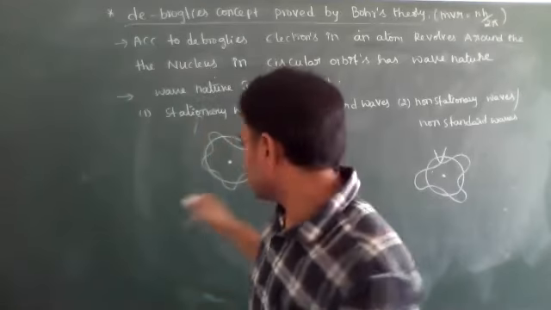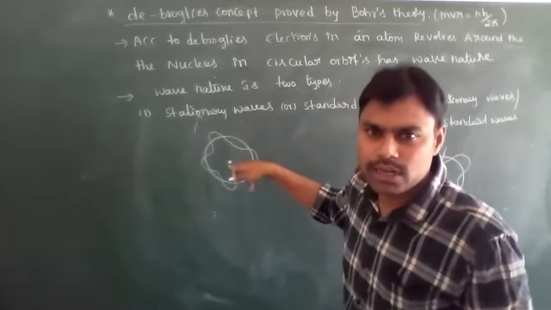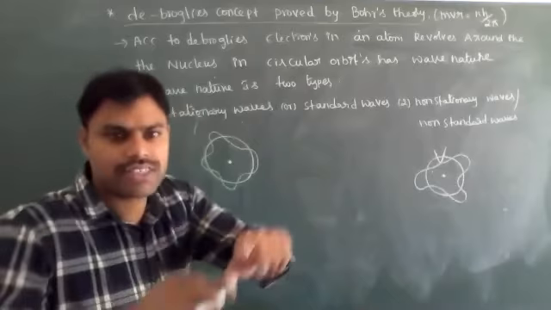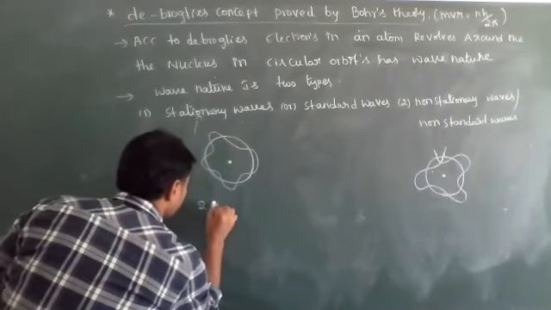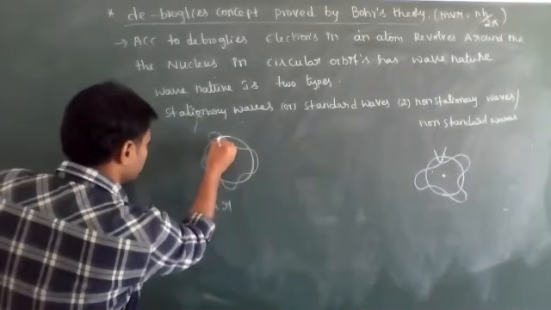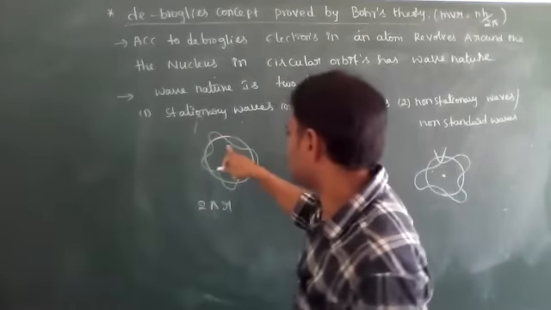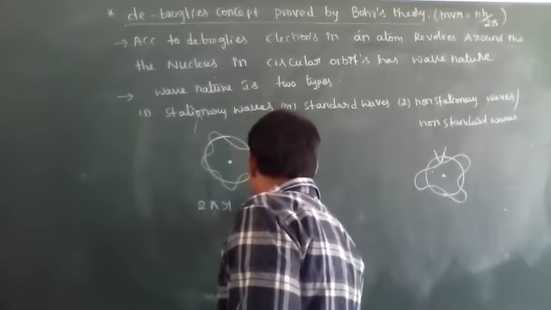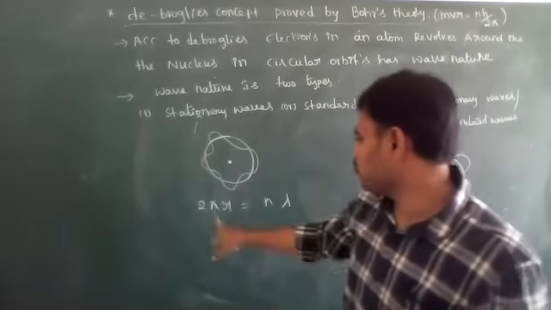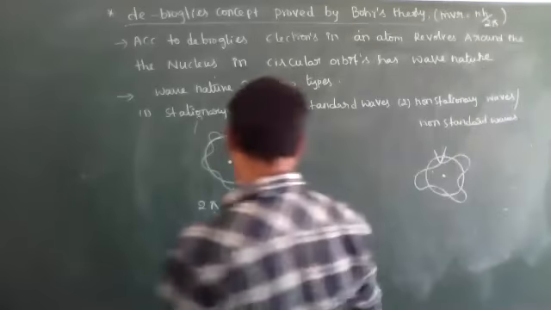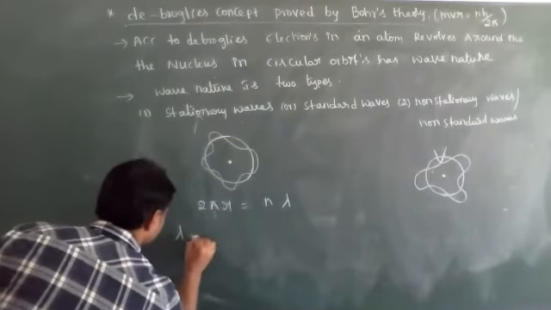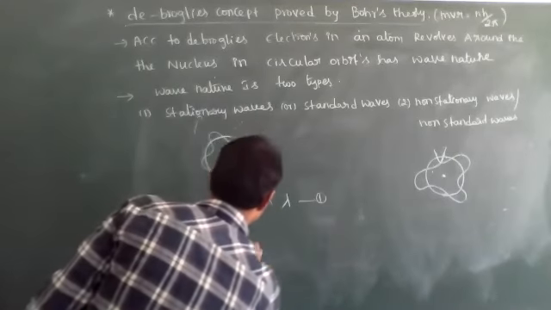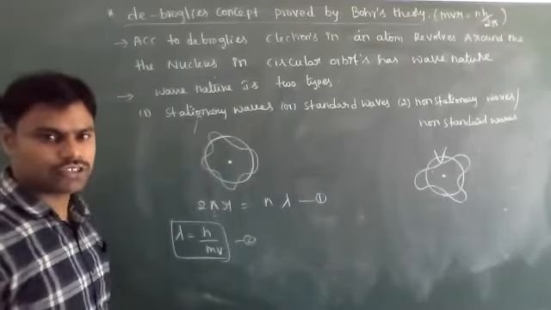So if the electrons revolve around the nucleus in standing wave form only, then the circumference of the circular orbit, we know that formula, what is that? 2 pi r. This circumference, the total length of the circle, is always equal to the wave circumference. That value 2 pi r is an integral multiple of wavelength. He introduced one important formula, that is 2 pi r is equals to n lambda. Then we know that lambda is equals to h by mv. So this is equation 1, this is equation 2. Equation 2 you have to substitute in equation 1.